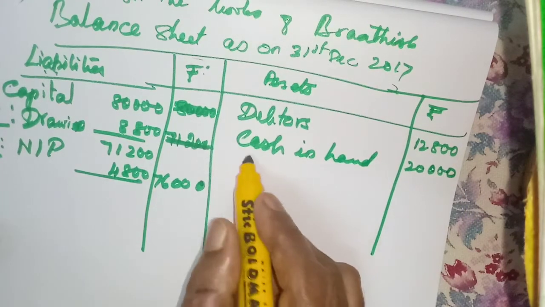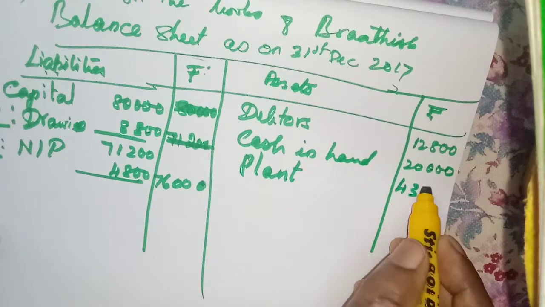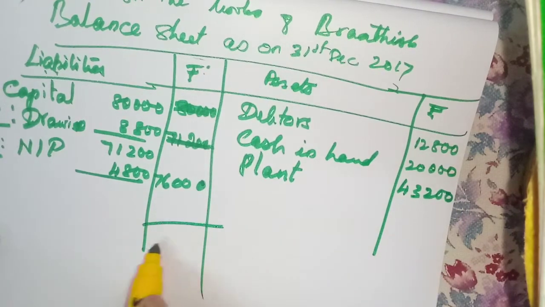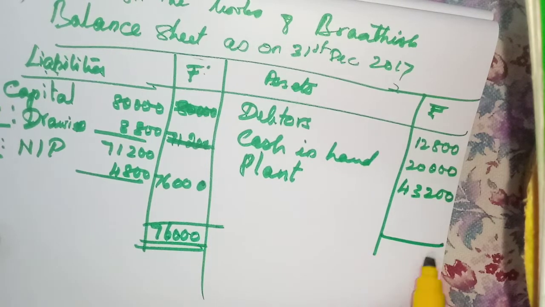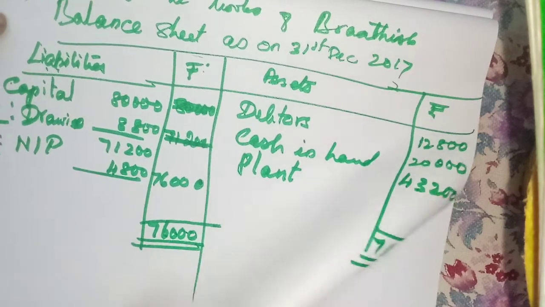Then plant 43,200. Add it, we should get the same amount. Got, isn't it? So our calculation is correct. Then next problem